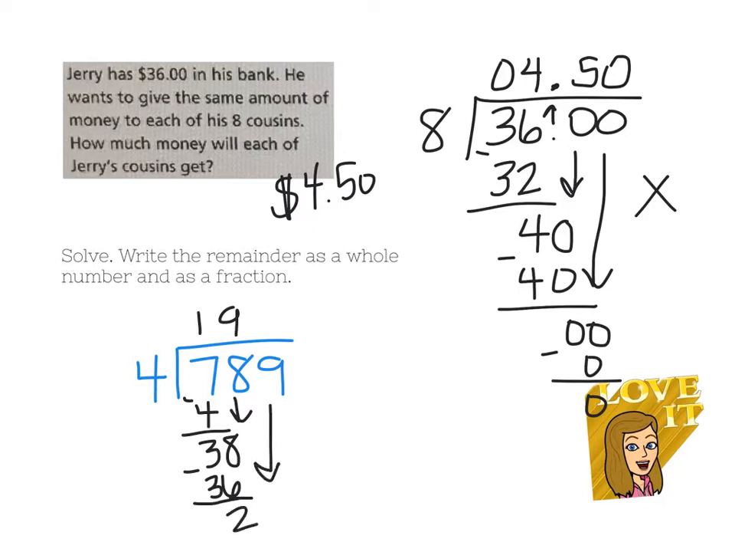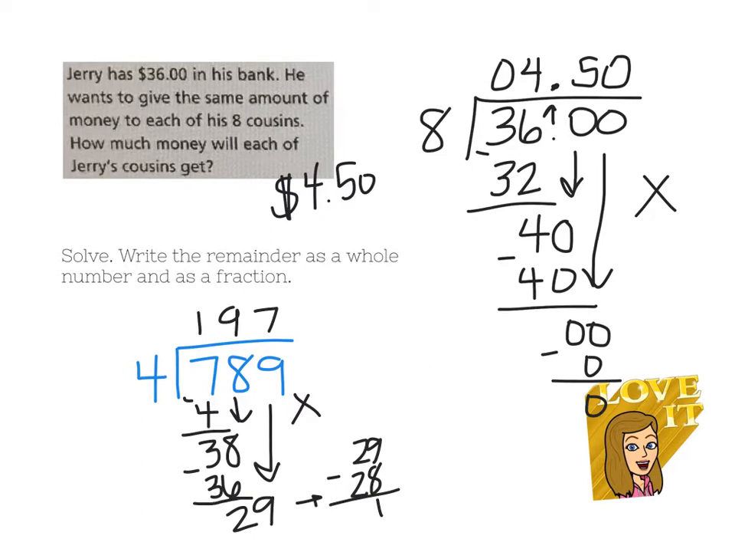Bring down the next number, 9, to create 29. The closest I can get there is 4 times 7. 4 times 7 is 28. I'm going to rewrite it over here. So 29 minus 28, because 4 times 7 is 28. Subtract, that gives me 1. I don't have any numbers to bring down, so this normally would be my answer then, 197 remainder 1, but